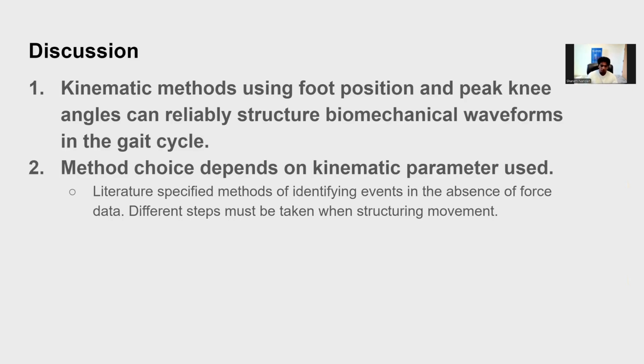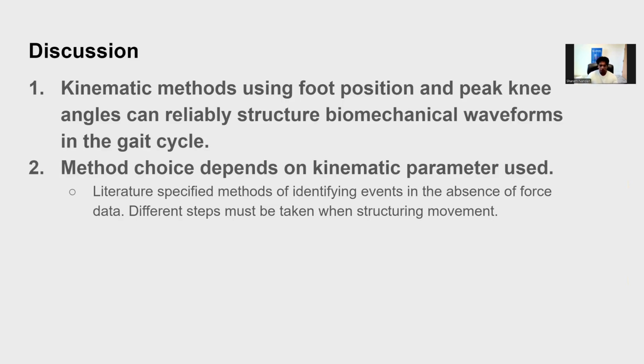This makes them robust and field-friendly alternatives to the force-based methods. And then I also identified the max knee flexion method, which defines a cycle based on the moment the knee bends the most. This isn't a traditional event like heel strike, but it turns out to be a repeatable and stable landmark in walking, and also happens to lead to consistent cycle durations. The other methods, however, use segment velocity or acceleration or less distinct features which perform worse. Some of these methods might respond to small fluctuations in movement, leading to variable or inconsistent event timing. As a result, they structured cycles with durations that deviated significantly from the kinetic gold standard.